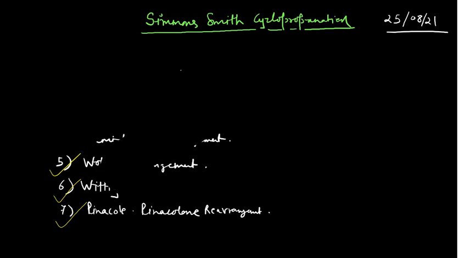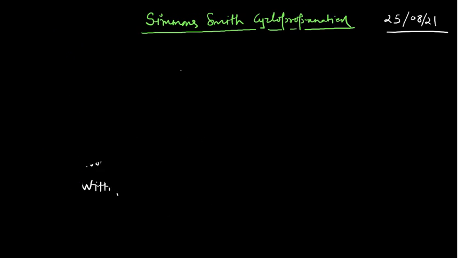Generally if you go through the books, you will find it as the Simmons-Smith reaction, but my suggestion is that you must remember this reaction with the name Simmons-Smith cyclopropanation reaction, which always reminds you that you are going to form a 3-membered ring, which is the cyclopropane. That's why it is important to memorize this reaction as the Simmons-Smith cyclopropanation reaction, which will give you the idea. So what is this reaction and what is going to happen in it?